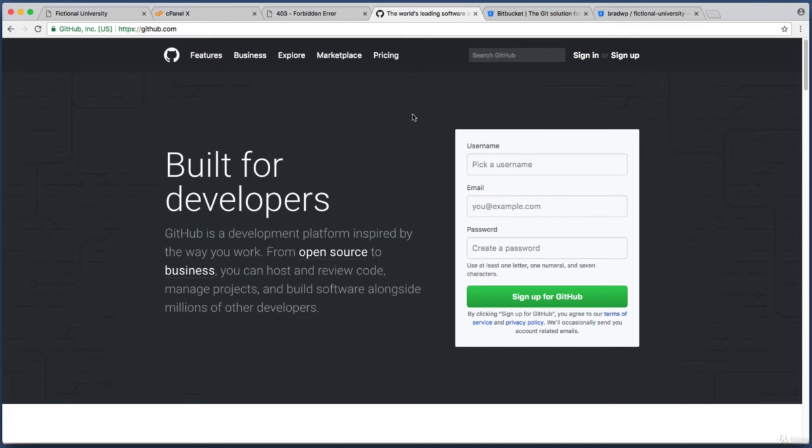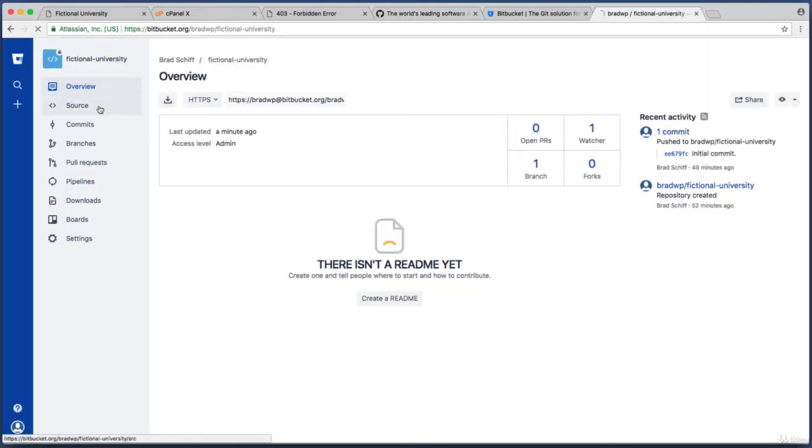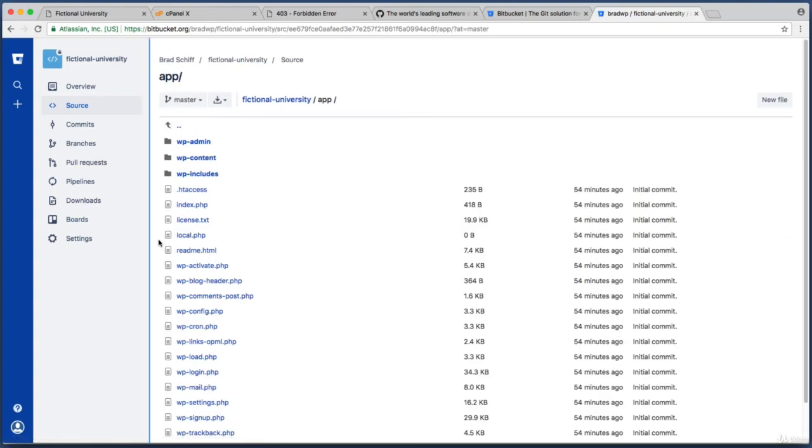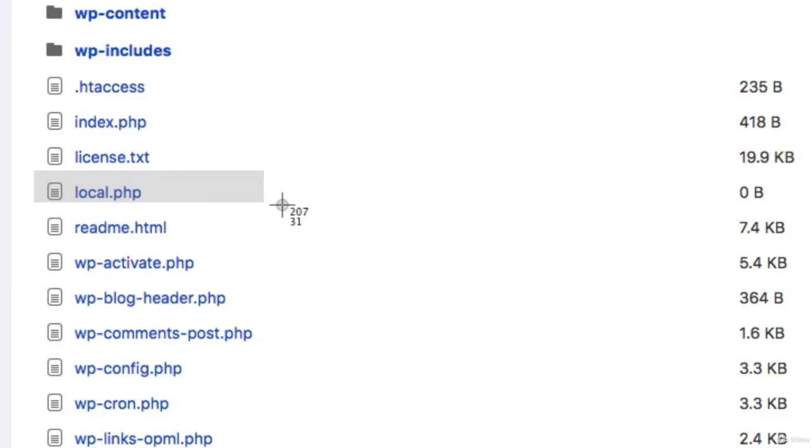Okay, now before we learn how to set things up so that our repo automatically deploys and uploads to our web host, I first want to cover that local.php file that we created in the previous lesson. So for example, if you view the file tree for your repository, right, the screen that shows you all of your files and folders, if I go into my app folder, remember that in our previous lesson, we created this file named